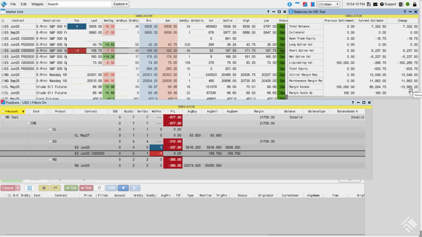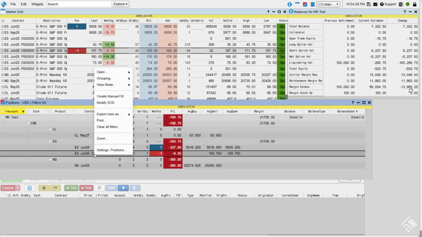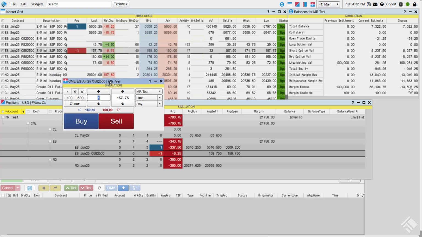It takes a moment, like I said, for that to calculate and be displayed. And now we can see that the initial margin required is only showing 13,000. So again, we're getting a $3,000 reduction in that margin value for that total position. Now, once again, if I exit one leg of this particular position,